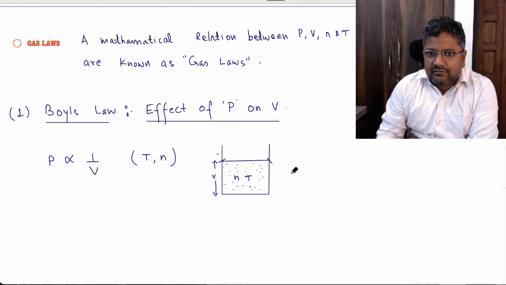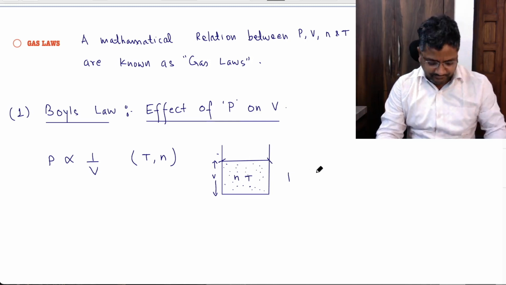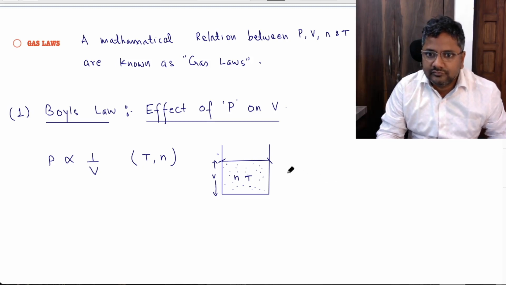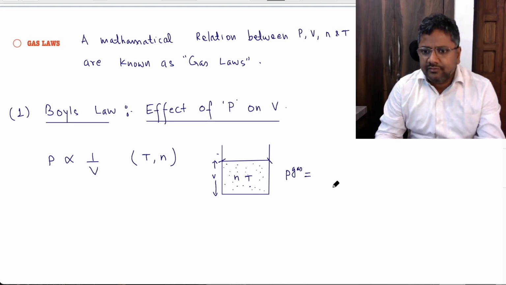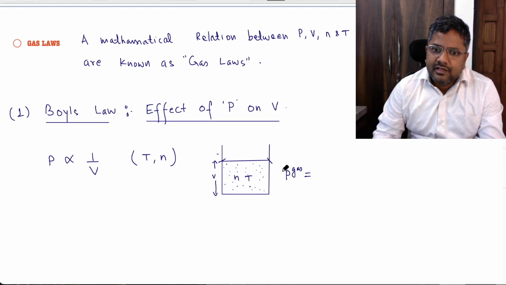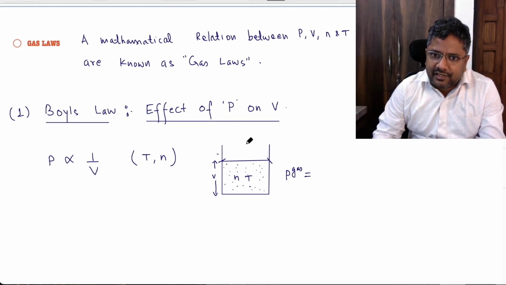The pressure of this gas is equal to, this is an unknown quantity, but if you want, you can make a relation. The pressure of this gas is definitely equal to, see, atmosphere will apply pressure on this surface. So P atmosphere